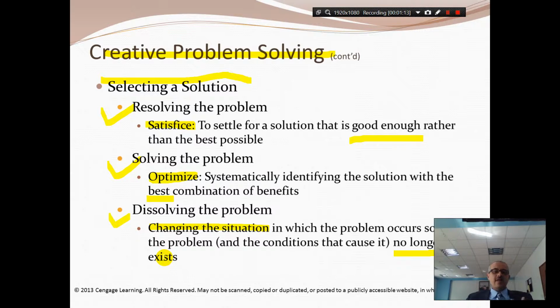I want to get the optimal solution, and I find the best combination of benefits. So I need to get those friends, and I need to set this number of hours, and I need to read with this focus, and then I can get an A. You see? And the dissolve, I failed because I don't have time, so let's just drop the course, so I'm